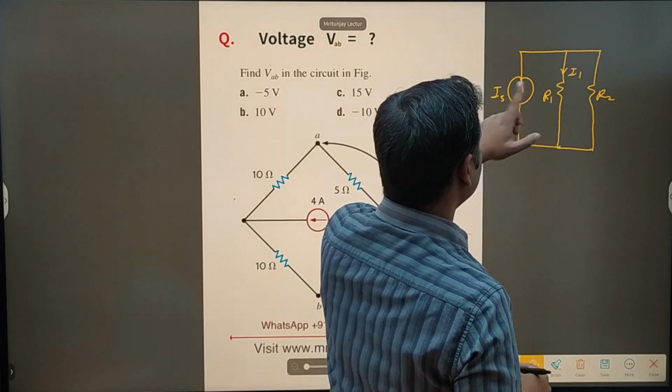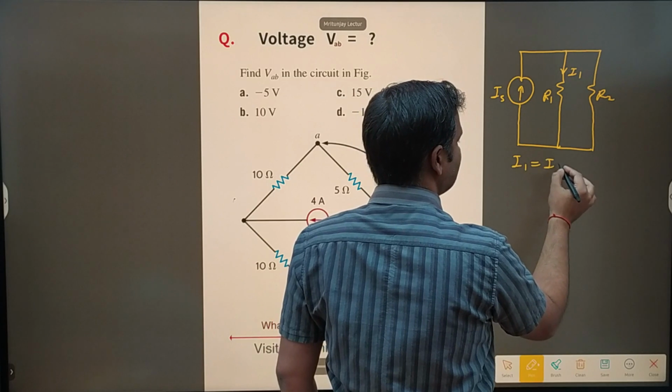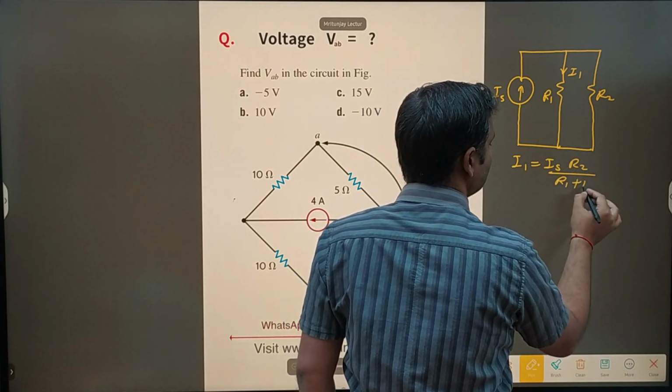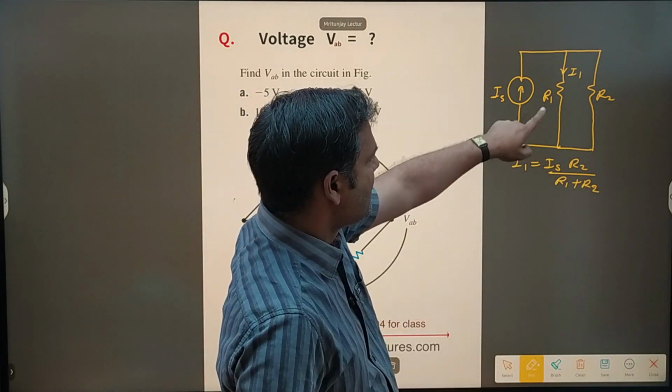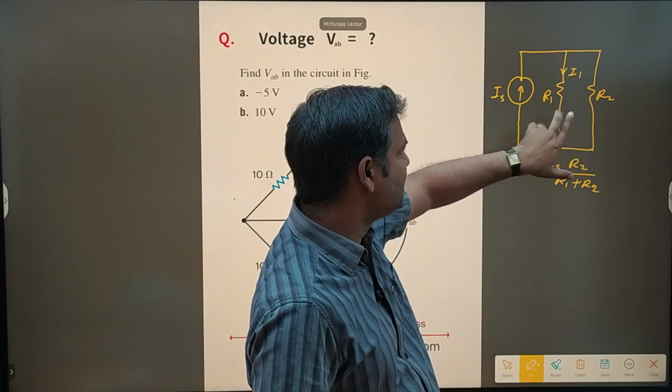If you determine I1 according to the current division rule, I1 is equal to Is into R2 divided by R1 plus R2. Very simple. I1 is equal to Is into the multiplication of these divided by the sum of these